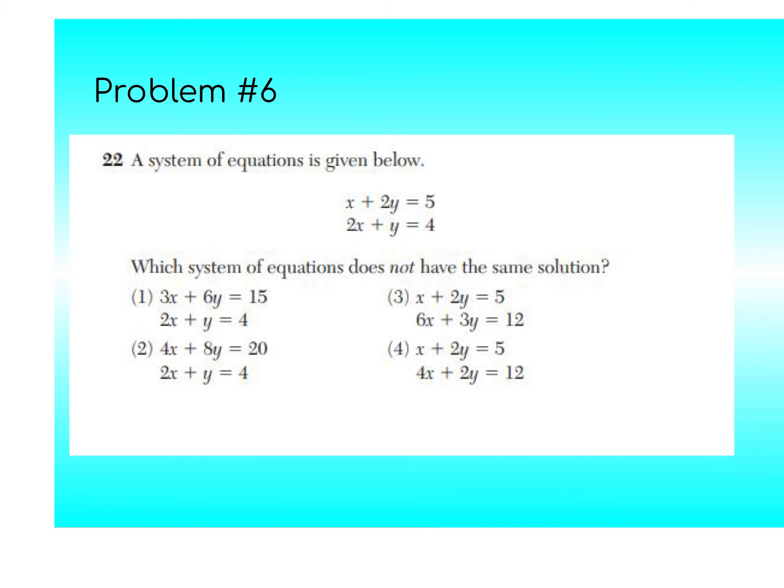So here the top one has been multiplied by 3, and the bottom one, nothing has happened. Here the top one has been multiplied by 4, and the bottom one stays the same. This next one, the top one stays the same, and the bottom one is multiplied by 3. Here, the top one stays the same, and the bottom one, it looks like the first one is multiplied by